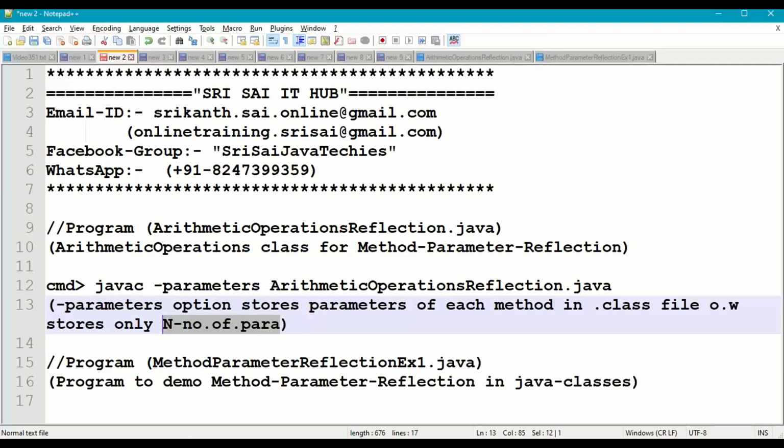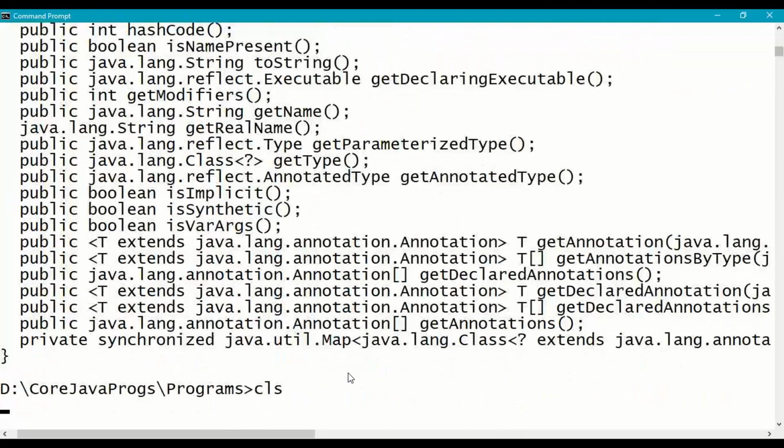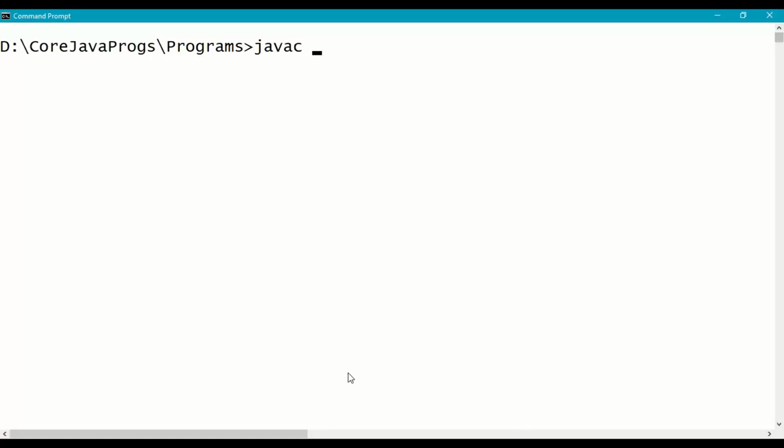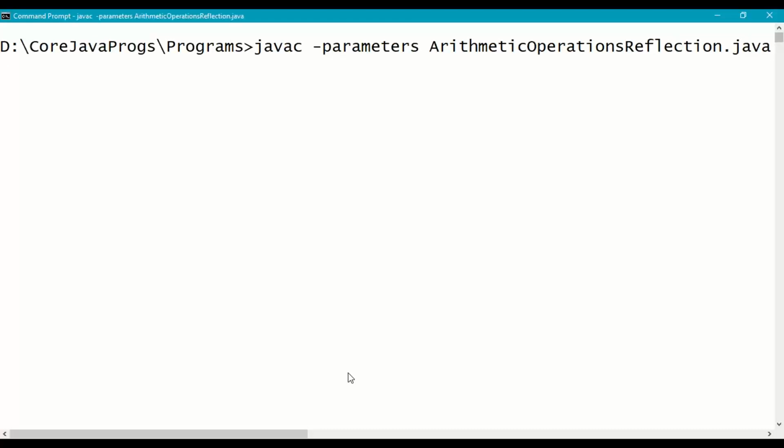So come to the command prompt. javac -parameters, followed by ArithmeticOperationsReflection.java.